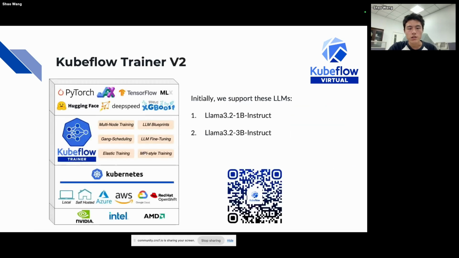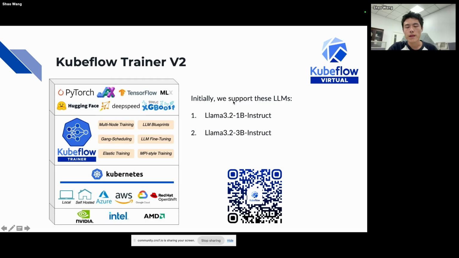Now, initially we built our trainer on top of Kubeflow Trainer v2. Kubeflow Trainer v2 also supports other distributed training frameworks such as JAX. JAX is under development, and it supports PyTorch, DeepSpeed, and MLX for now.